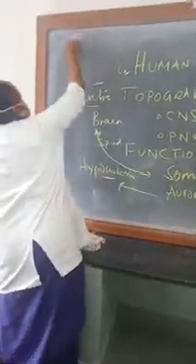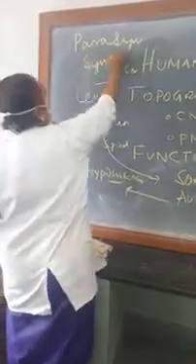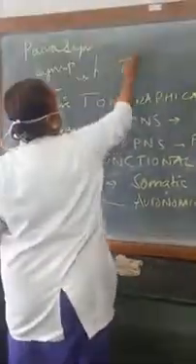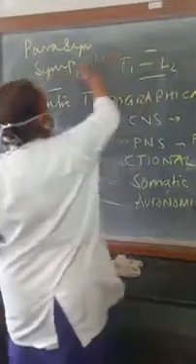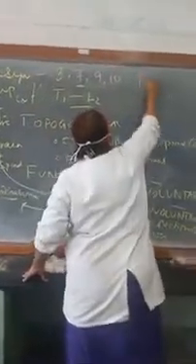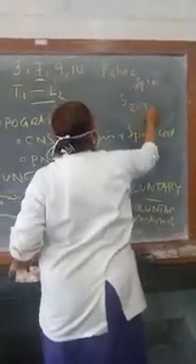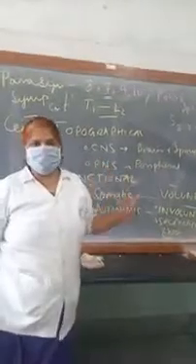So from the hypothalamus, one is parasympathetic and one is sympathetic. The sympathetic center is from T1 to L2 segment of the spinal cord, and parasympathetic is the 3rd, 7th, 9th and 10th cranial nerves and the pelvic splanchnic nerve, that is S2, 3 and 4. So these are the centers of the parasympathetic system and the sympathetic system. Hope it is clear to you.